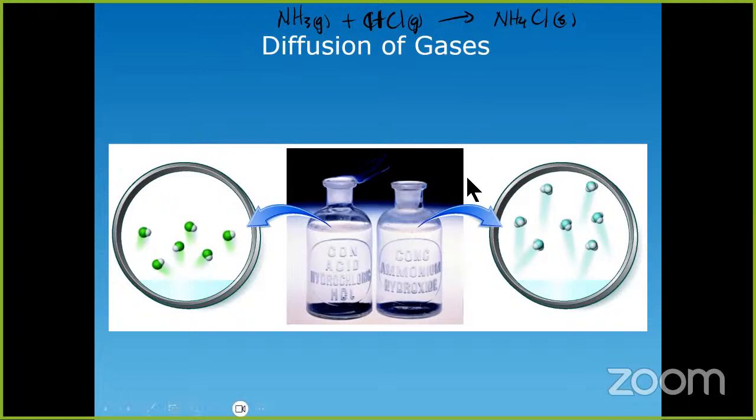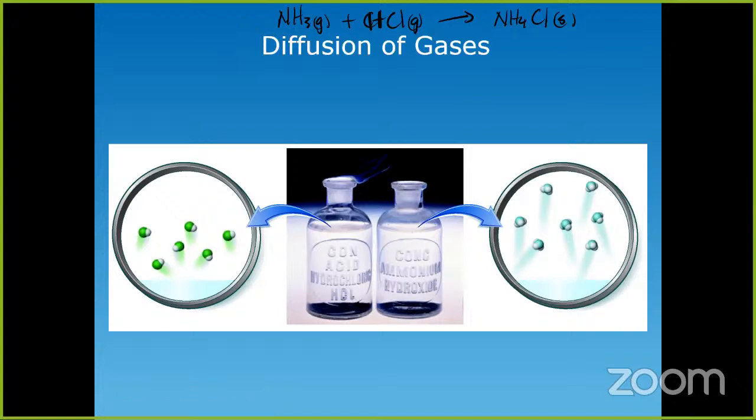Now, that's what happens when you put these bottles in close proximity to each other, right? You're going to have the HCl coming from one bottle and ammonia coming from the other bottle, and the ammonia and the HCl will come together to form ammonium chloride. But what is observed, and this is very interesting, is that the ammonium chloride solid will be formed close to the bottle containing the hydrochloric acid, right? So my question to you is this: why is it that the ammonium chloride, which is this smoky substance that you see here,